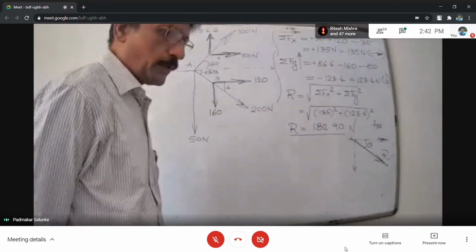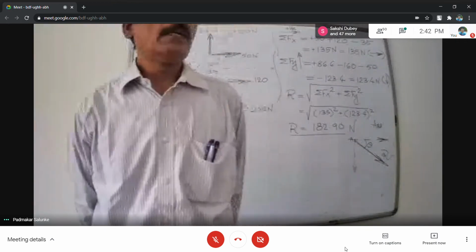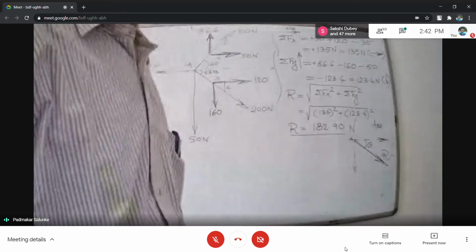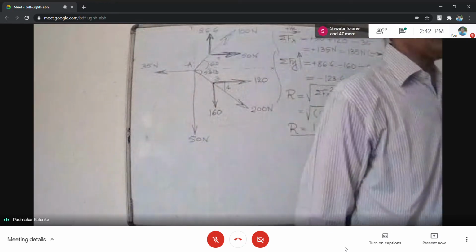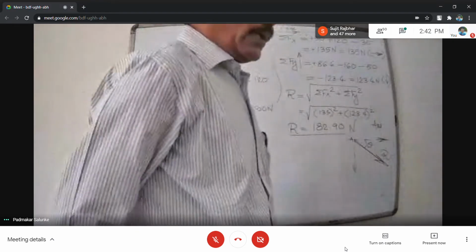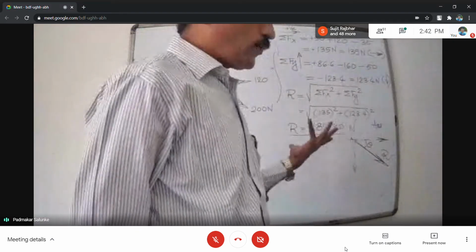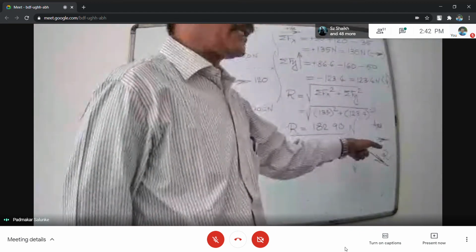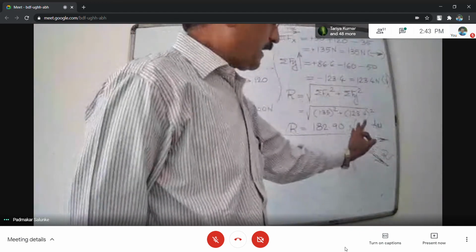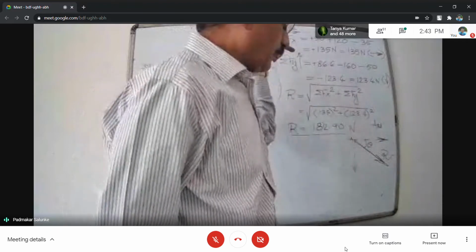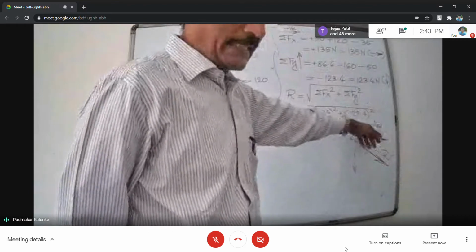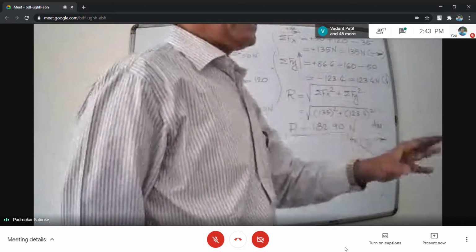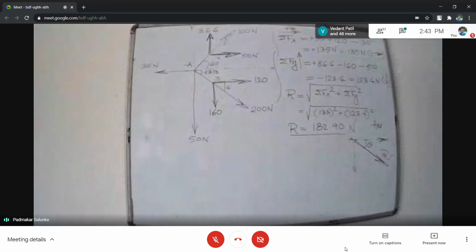And that I told, ours is the quadrantal position. There are 4 possible locations of the resultant. One is in first quadrant, second is in second quadrant, third may be in third quadrant, and last is in fourth quadrant. So your resultant is located here, that you have to show by such type of sketching. When you draw such a sketch, it gives an exact idea that our resultant is like this. The angle made by the resultant with positive x-axis, measured in the opposite direction, is angle theta, and then only we can find out theta. Many students are not drawing this sketch.